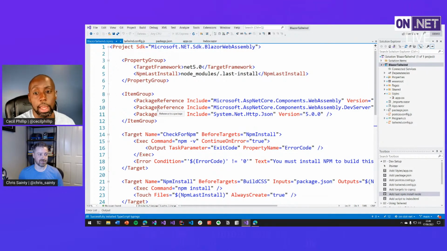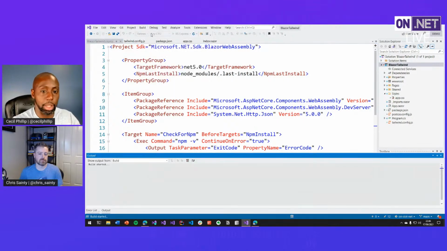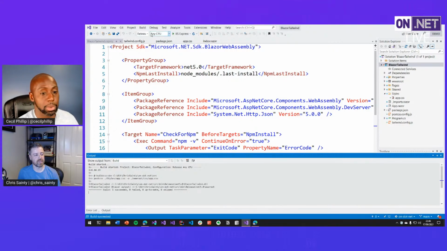Okay. So while you're doing that and having that build, would you say, at least for this part of it, this is pretty standard, right? This is standard setup. Because I saw some folks in the chat asking, wow, can this just be a template? Can we just do file new Tailwind with Blazor, or Blazor Tailwind, and then just have this? Yeah, I mean, if